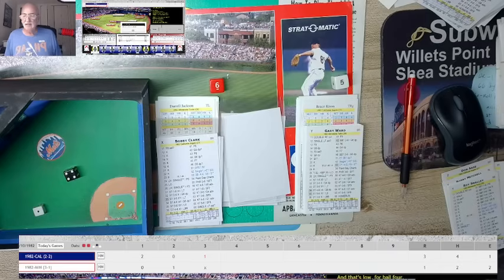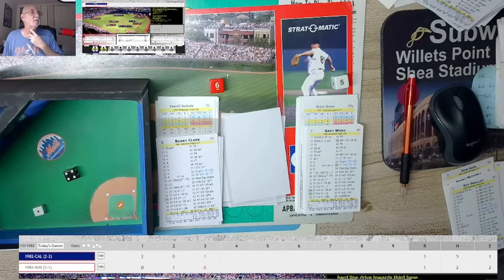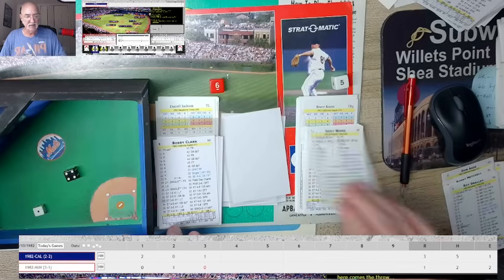And how do you do this, right? How do you type this in? Well, you're going to get a single. Runner on second is out going for home, and that will end the inning. I don't think I need to do anything more for that one because that'll be the 3rd out of the inning. All right, so that was exciting.